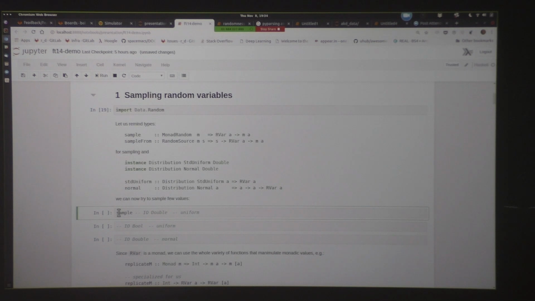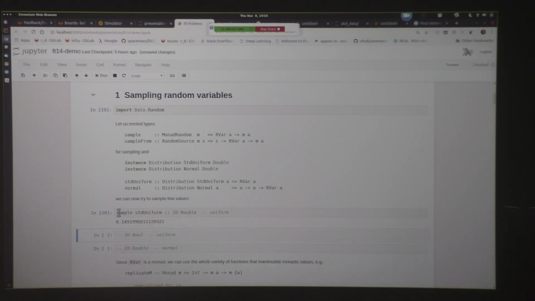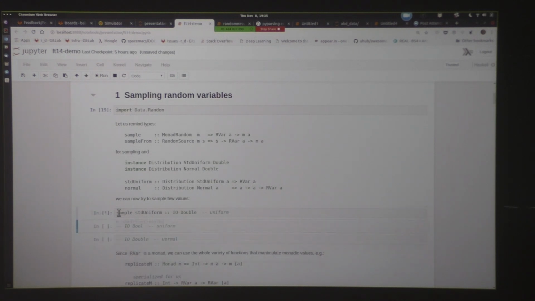So let's say that I want to sample the standard uniform, and because of polymorphism, I need to say what type I want. So it produced a random value. If we run it multiple times, we get different ones.